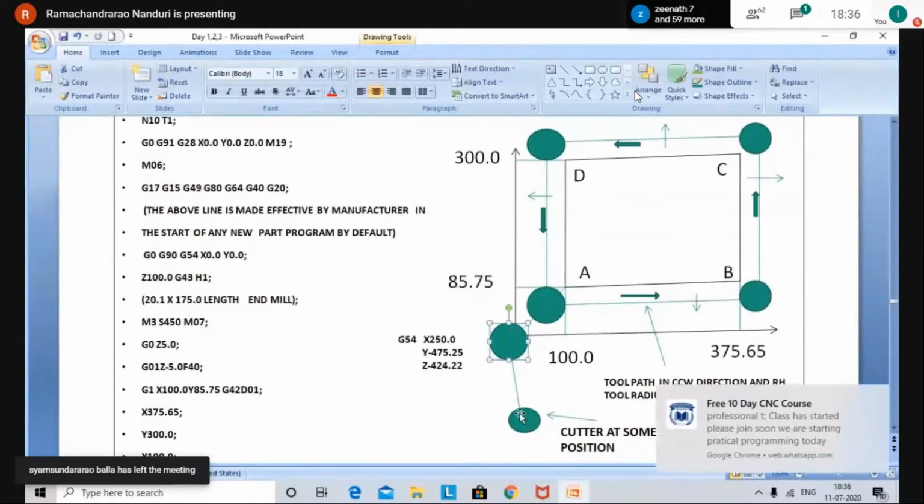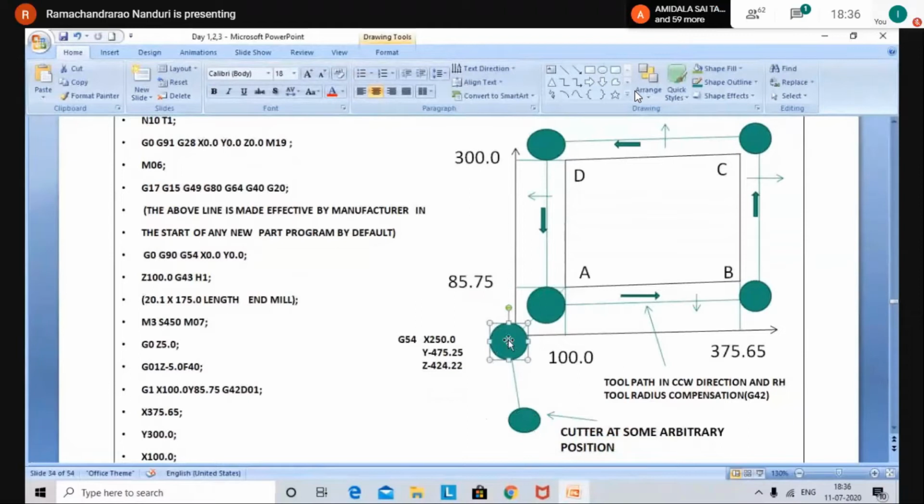This spindle center will be brought to the origin of the workpiece, which we name as G54. So this reference point on the workpiece, or the workpiece origin, is named as G54.